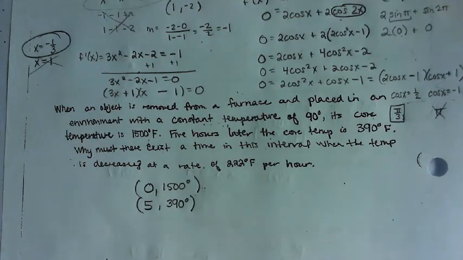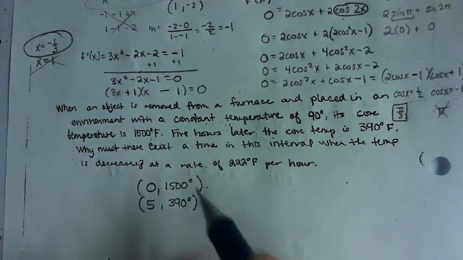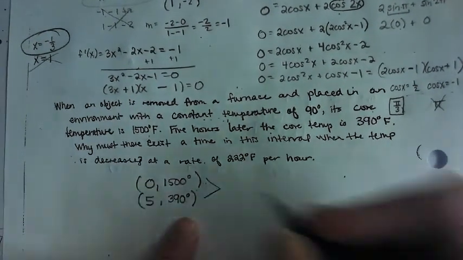So essentially, as you know, when you first take something out of a hot whatever, it's going to decrease at its fastest rate. And then it's going to always be decreasing towards that room temperature, but it's going to become less and less severe as it's been out for a while. That's kind of the Newton's law of cooling that you looked at a little bit last year. So the average rate of change between 0 and 5 hours